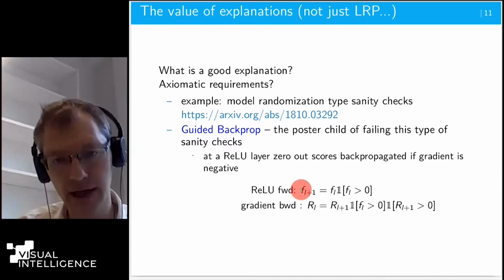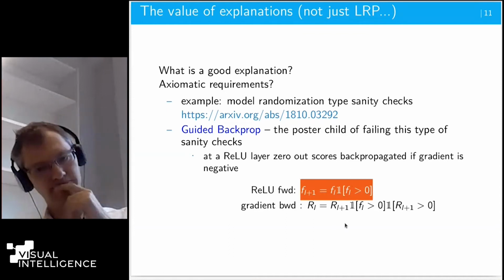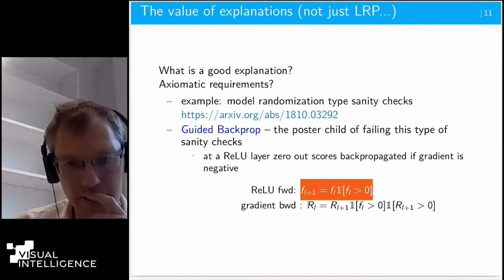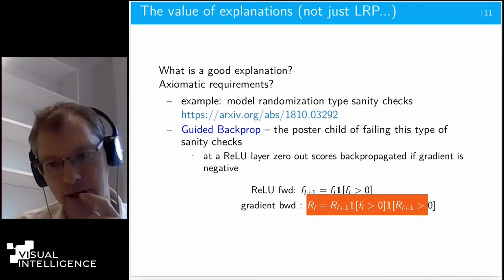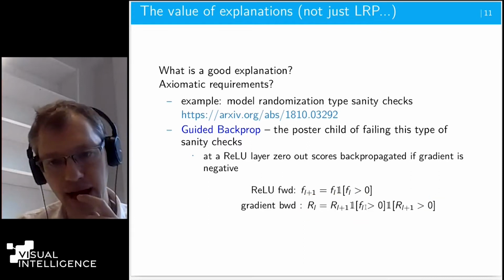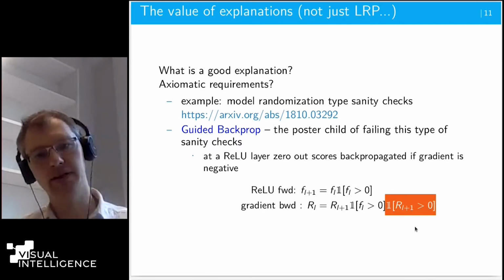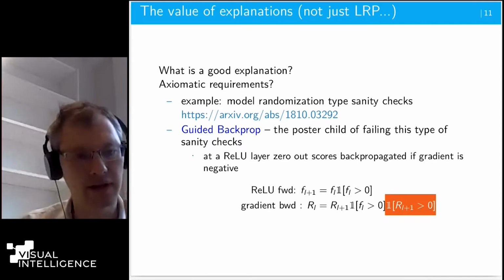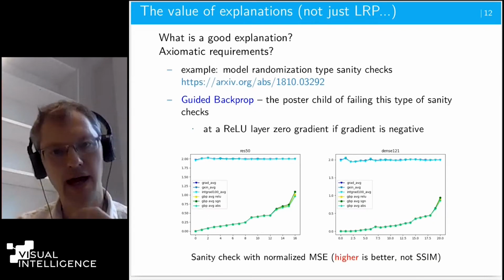It's a very simple rule. This is my ReLU forward pass, and then I do a gradient backward pass, and if the gradient that's coming back is negative, then I just ignore it.